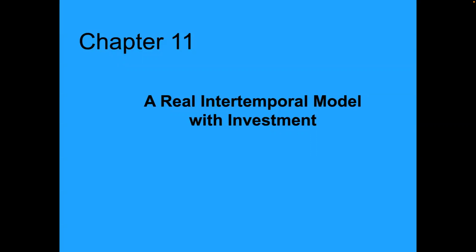In this chapter, we are going to study a real intertemporal model with investment. Basically, what are we going to do? We are going to combine what we have learned in the previous chapter, including households doing consumption and leisure choice, and then making intertemporal choice between consumption and saving, and the firm's decision in terms of demanding a certain amount of labor to produce and to make profit. We'll bring everything together, and then we're going to see how the model generates the wage